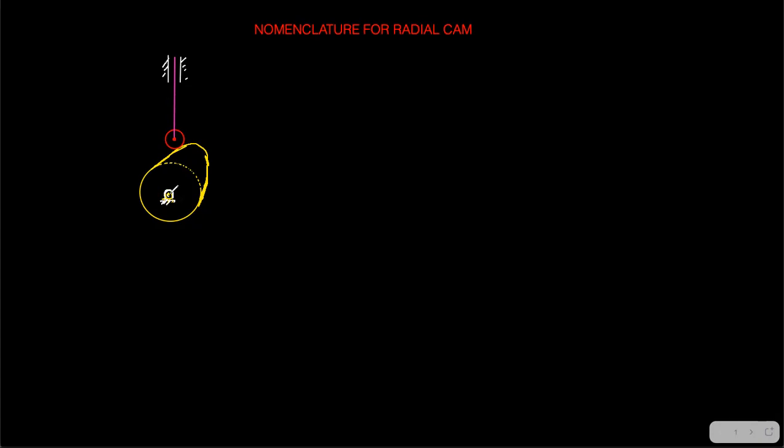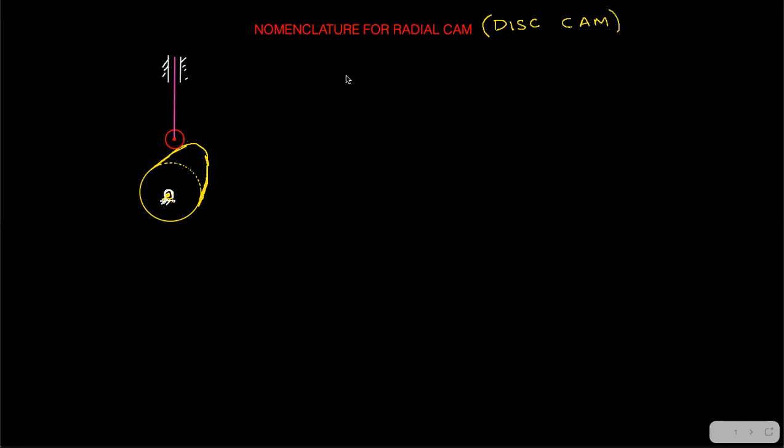Inside the fixed link, there is a shaft. The shaft should be yellow because the shaft is fixed along with the cam itself. And then there might be some bearings, and then there is the frame. Now in this diagram, this is a radial cam. Radial cam means a disc type cam, or I can even say it is a disc cam.